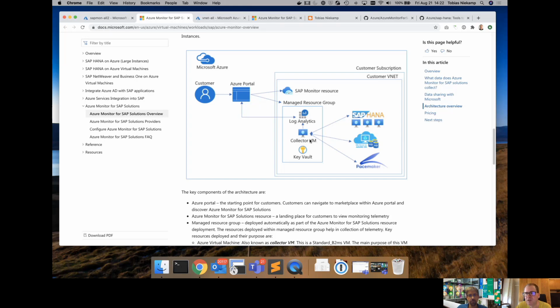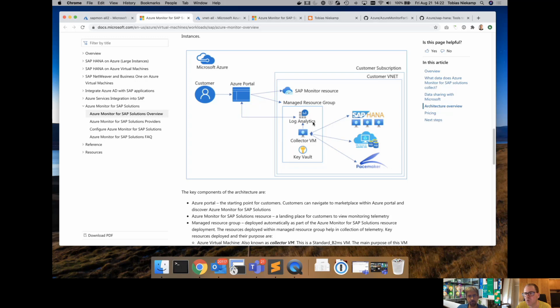It's a very small burstable size VM that will connect to your different systems for which you configure the providers: SAP-HANA, SQL Server, Pacemaker. It will collect those metrics and send them to a Log Analytics workspace.